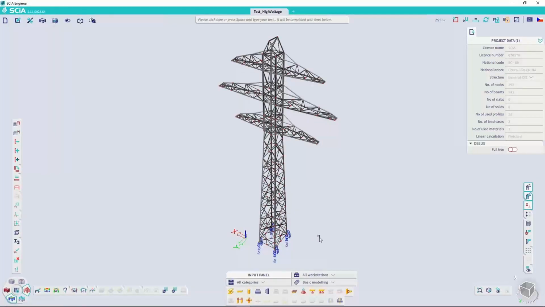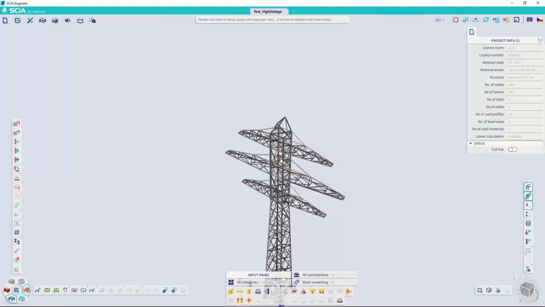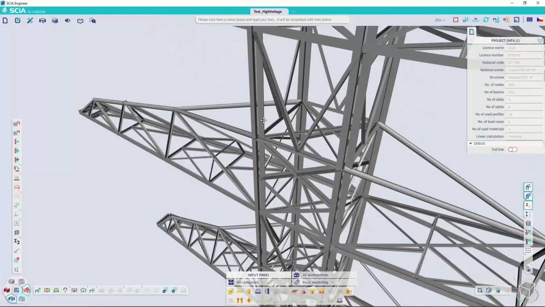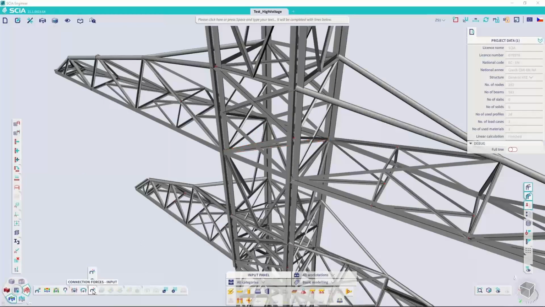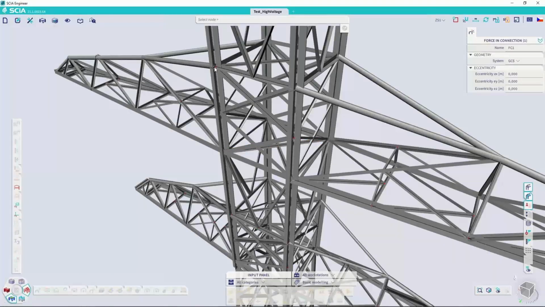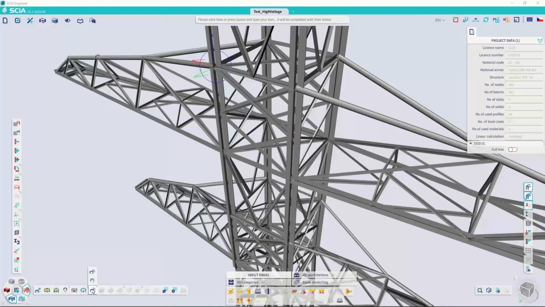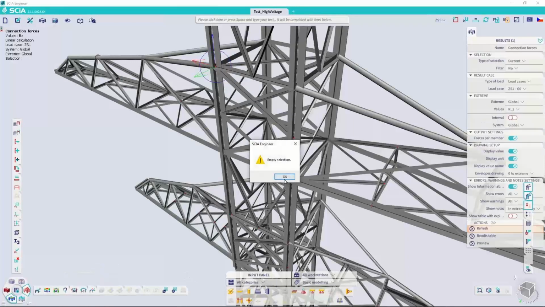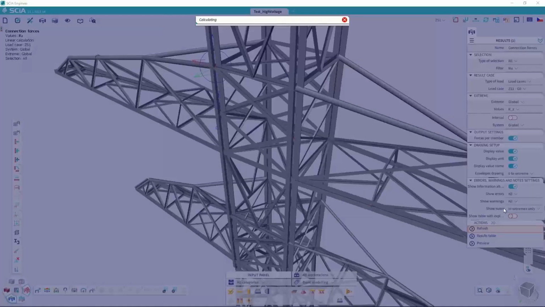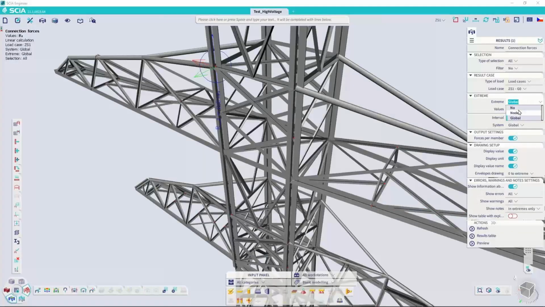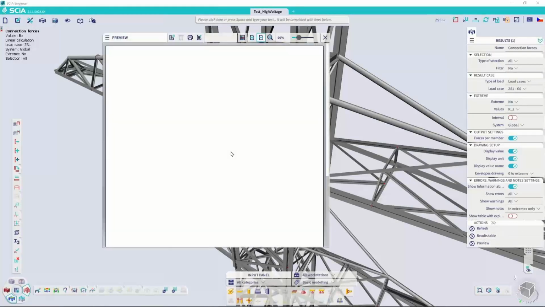So here I have a model of a steel structure, as the connection forces are best used for models of 1D members. Here at the bottom you see connection input. I select a node and the connection is represented by this axial triad together with a circle. When this is defined, I can run the connection forces result, and again, same settings as for typical results. I am able to